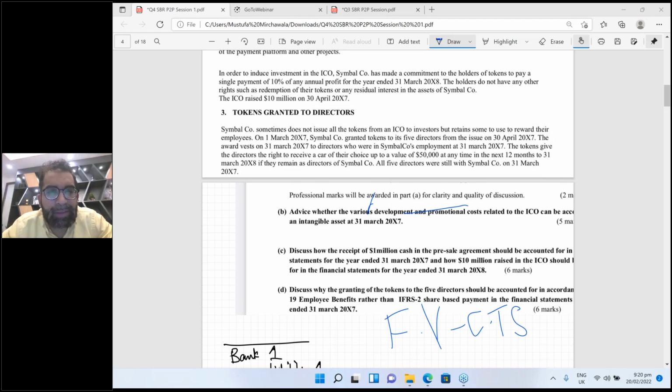Now, sir, cryptocurrency is a financial asset. Can we record it at fair value through P&L? No. I'm telling you the whole article. This whole article is in my mind. I'm giving you the whole article because you don't have time. So, can we record cryptocurrency as a financial asset? No. Why?